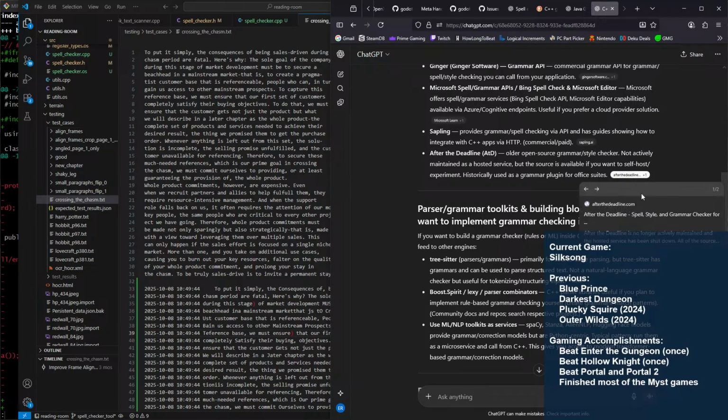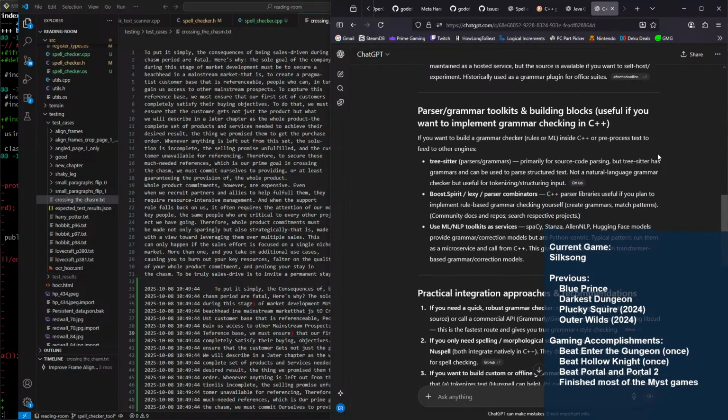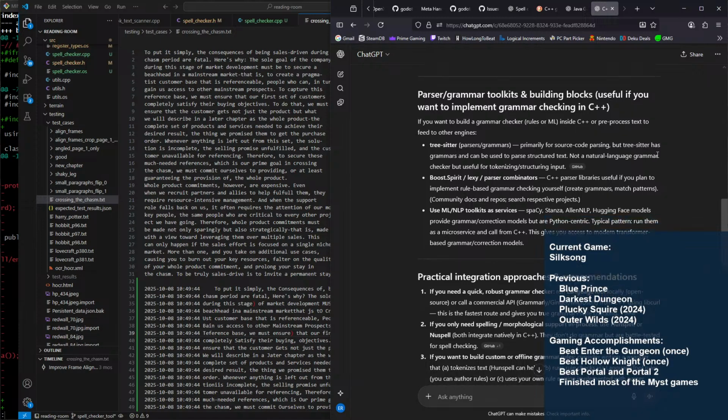But the source is available if you want to self-host experiment. To implement grammar checking in C++, if you want to build a grammar checker, rules or ML, inside of C++,